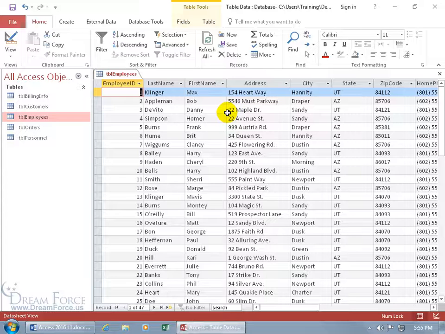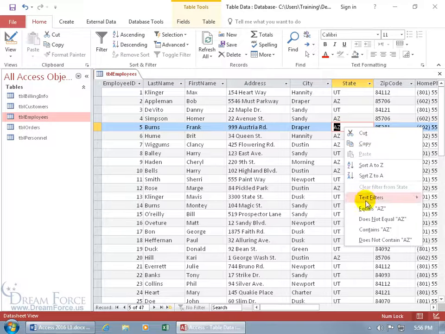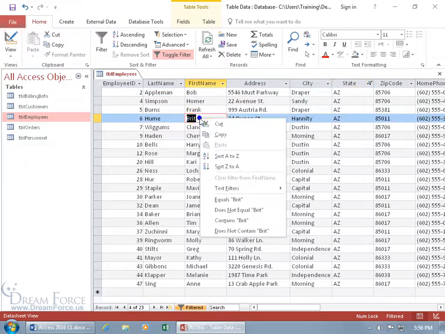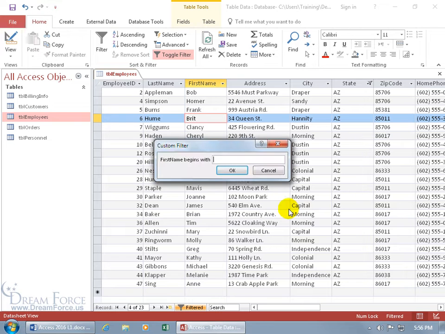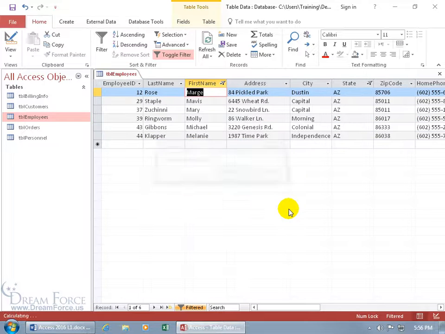So if you've got a complex filter that includes a lot of different options and different fields, as far as this example goes, let's keep it simple. You can create your own complex filters. But let's say I want to filter for the last name and first name and maybe for the state. Well, let's just do it for the state here of Arizona. Right click and say it equals Arizona, and then right click over here in first name and say the text filters begins with, oh, we'll do M again for Arizona this time. Hit enter, and that's easy to recreate, but if yours is more complex,